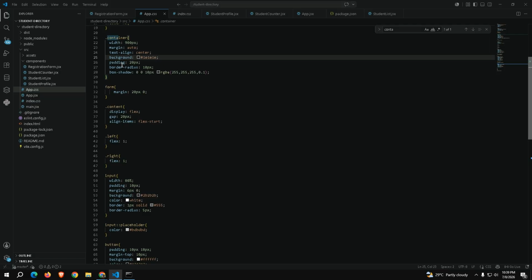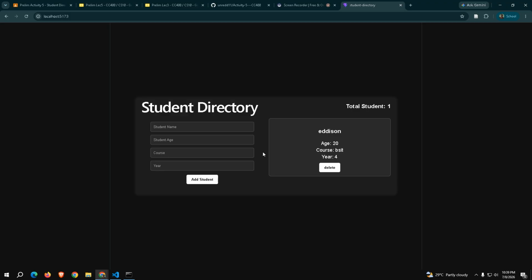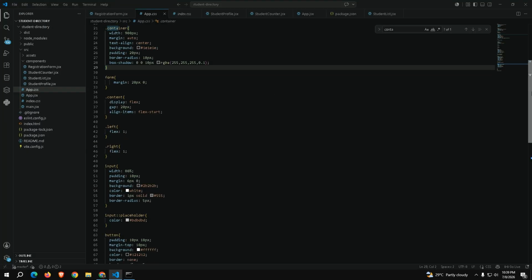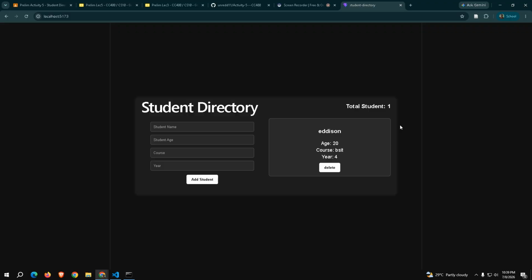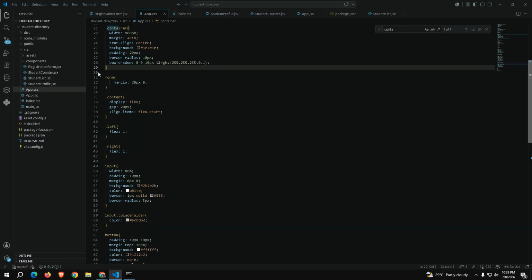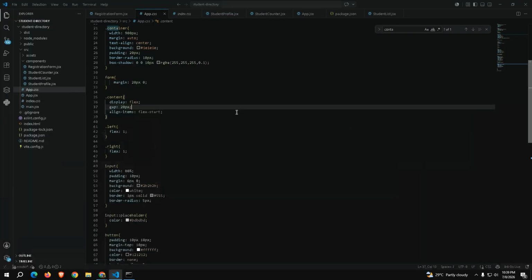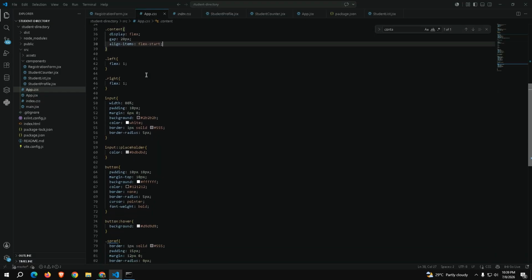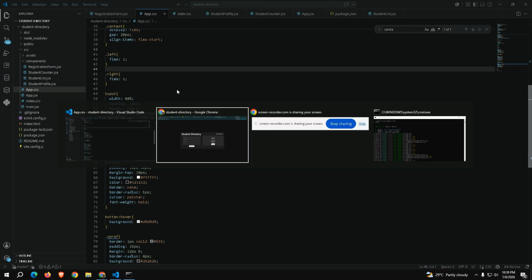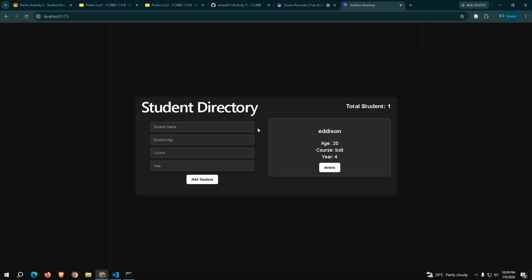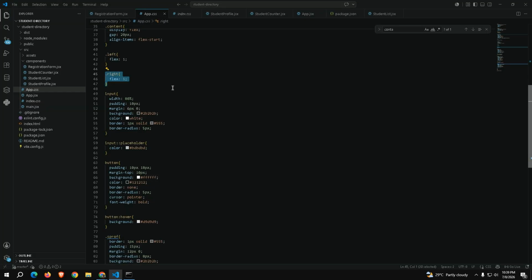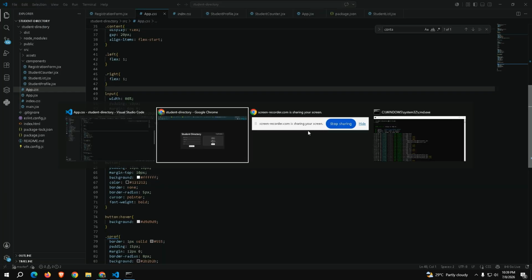In order to see this, padding 20px, border radius 10px, the shadow. Forms has margin 20px 0. Content is display flex, gap 20px, and align items flex start. Then we have the left, which is the student directory or the input, and the right, the output of the user.